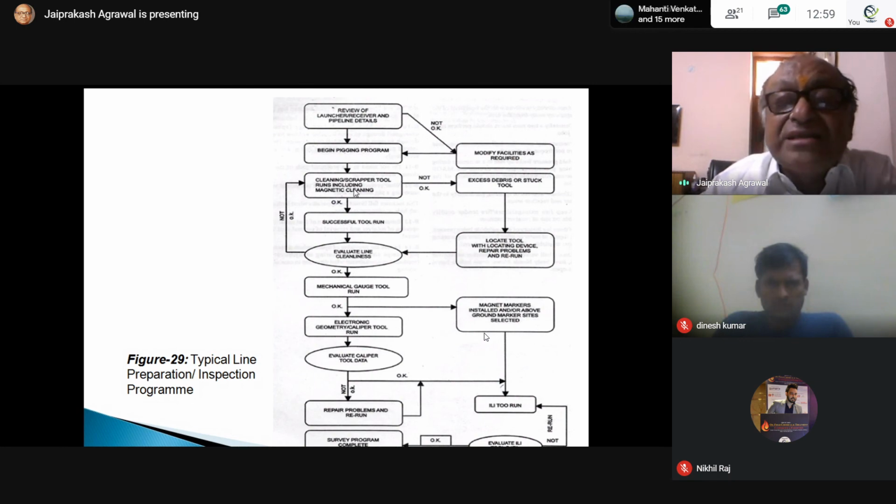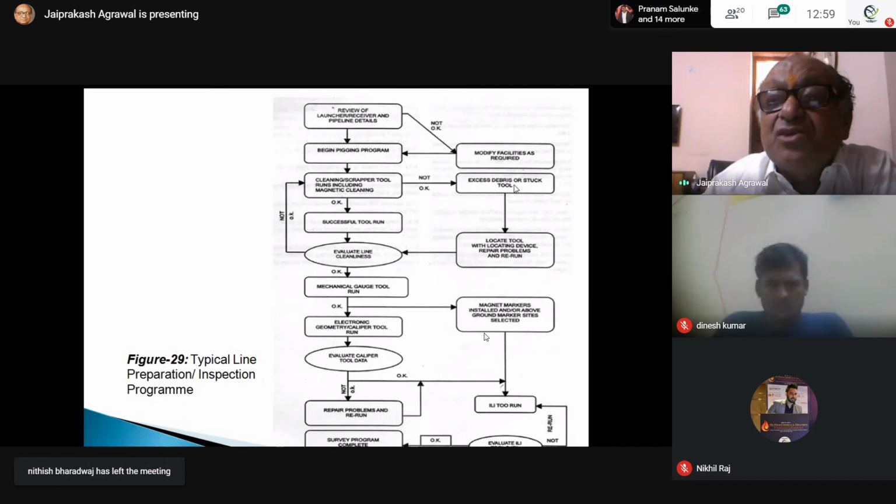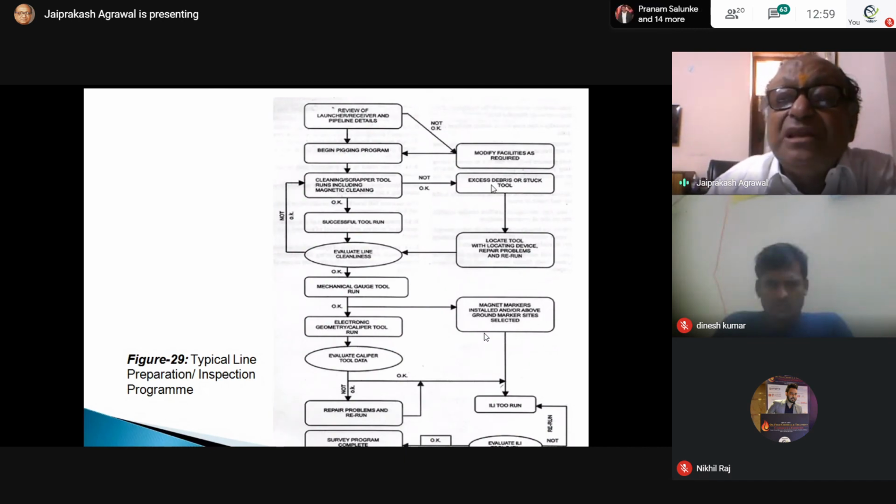If you find it is stuck, or it is not cleaning, and there is excess debris or a stuck tool, then you have to clean it. Unless you clean it safely and ensure that there is no material inside the pipeline, only then can you use the ILI inspection tool. Otherwise, your ILI inspection tool will get stuck in the pipeline. So the cleaning pigging you have to ensure.